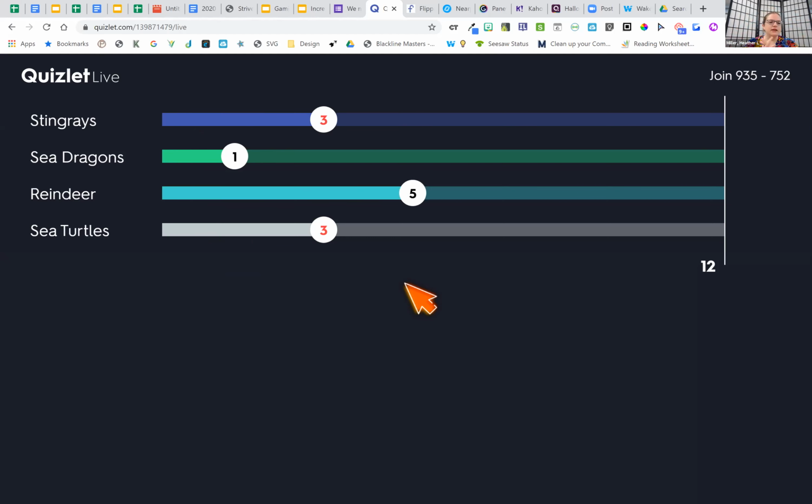Then give it a little glance to my screen so you can see what, and oh, whoever Stingray, yes. So if you get the answer wrong in Sea Turtle, it goes all the way back to the beginning, which is another thing that I like about Quizlet Live too. Okay, so I'll let you play for a second and give a look at my screen to see what the teacher sees.